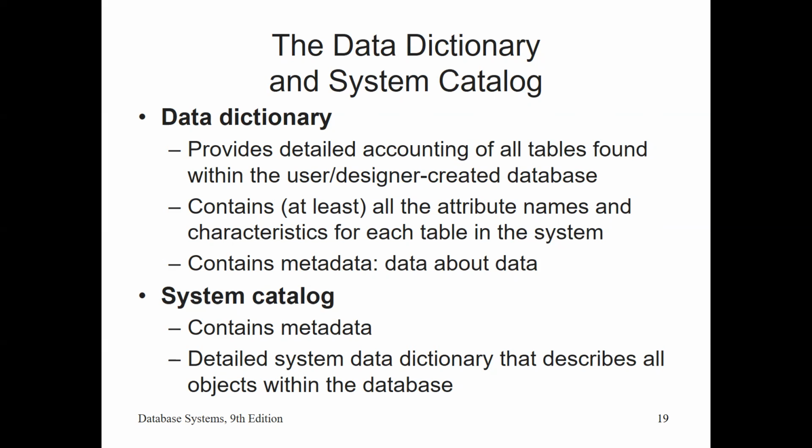In short, data dictionary contains metadata, that is, data about data. System catalog is like the data dictionary. It contains metadata. The system catalog can be described as a detailed data dictionary that describes all objects within the